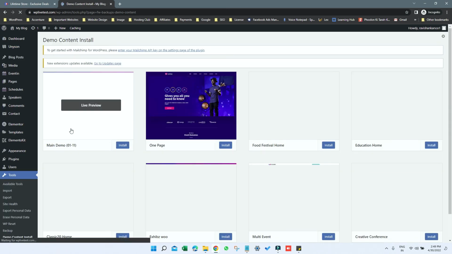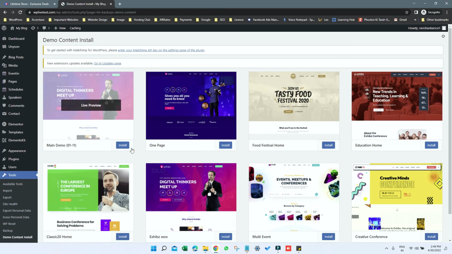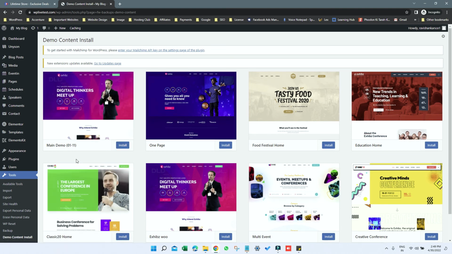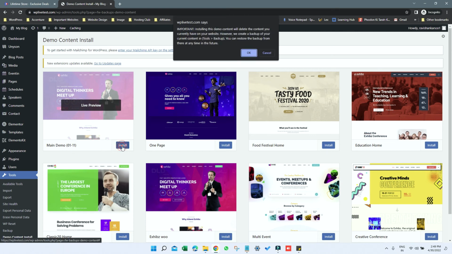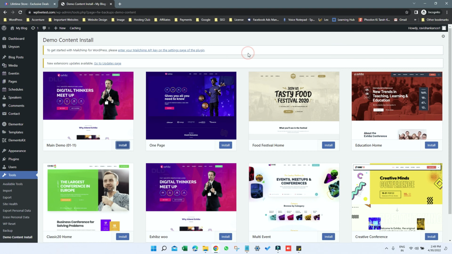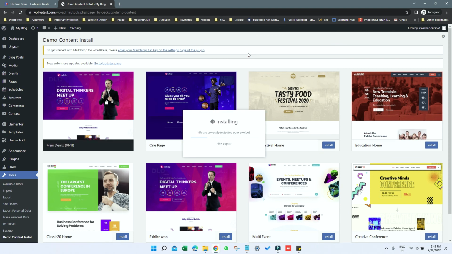and then I'm going to install the main demo here. You can try other demos as well. So I'm going to click on main demo and just click on Install here, click on OK, and it will start the demo install process for you, and it might take some time as well. So you can see image sizes and all. So the process is already started, and in case of Exhibz it may take around 3 to 4 minutes max,